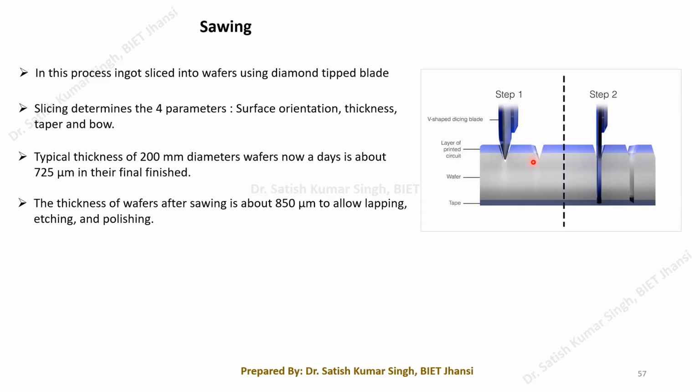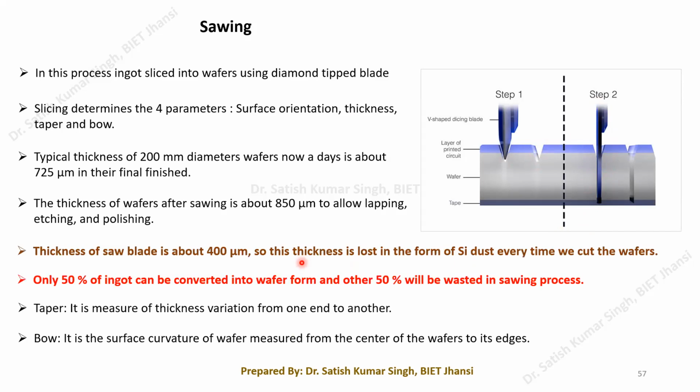So certain material is going to be lost. Similarly, here we have inserted this shape of cutting tool. So you can find that when it is inserted, it will cut this particular material. Then when you remove this tool, you will find that the material in between these two layers will be removed. What I want to explain from this picture is that because the cutting tool also has a certain thickness, there will be a certain loss of crystal material.